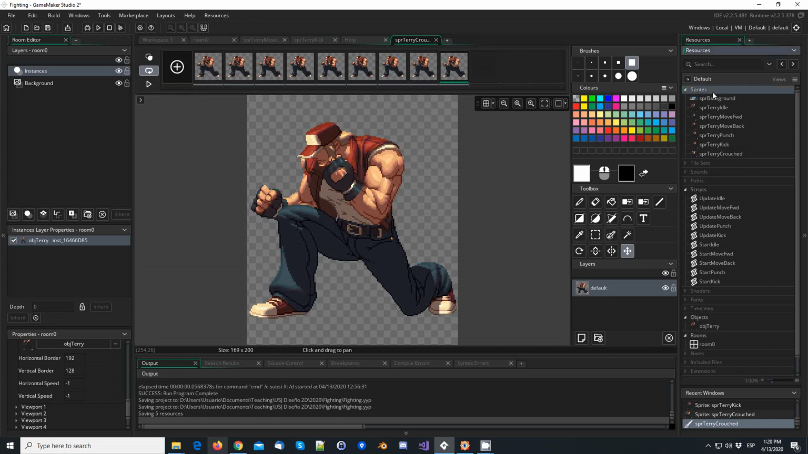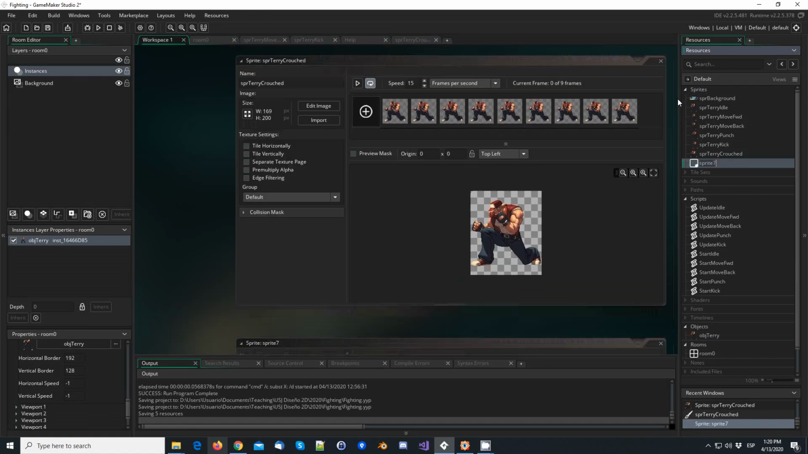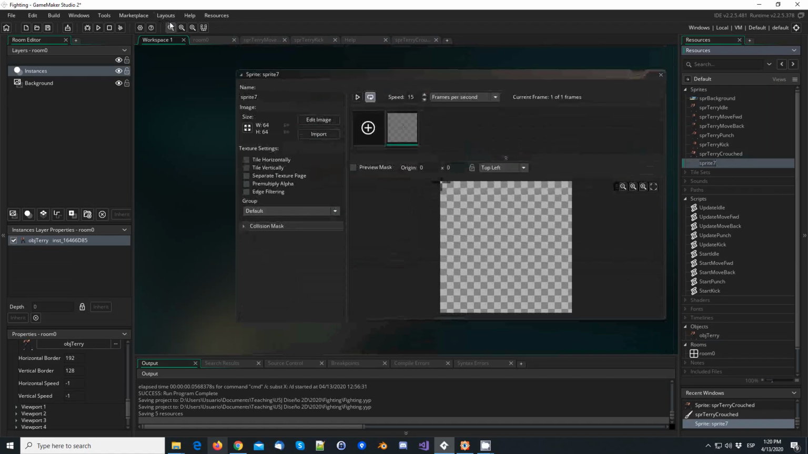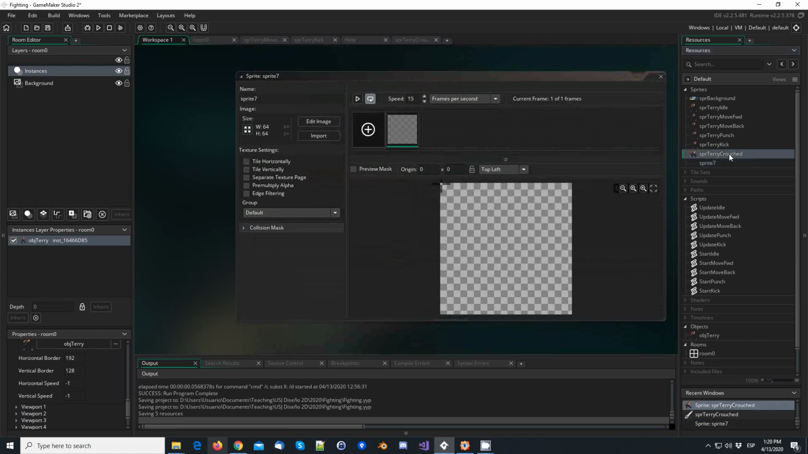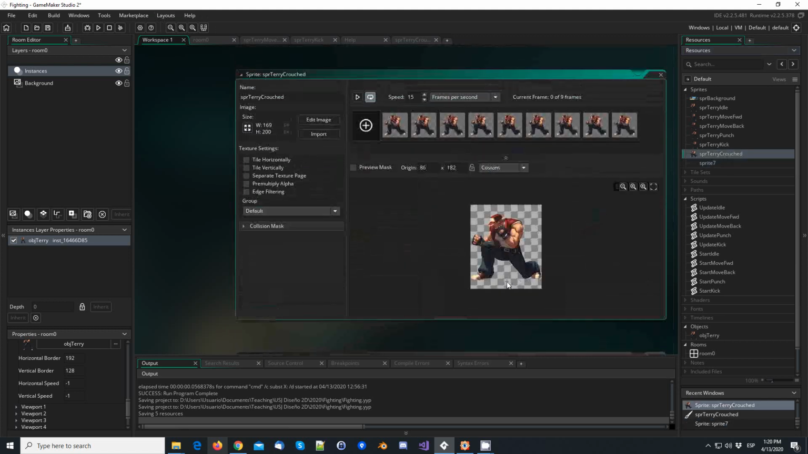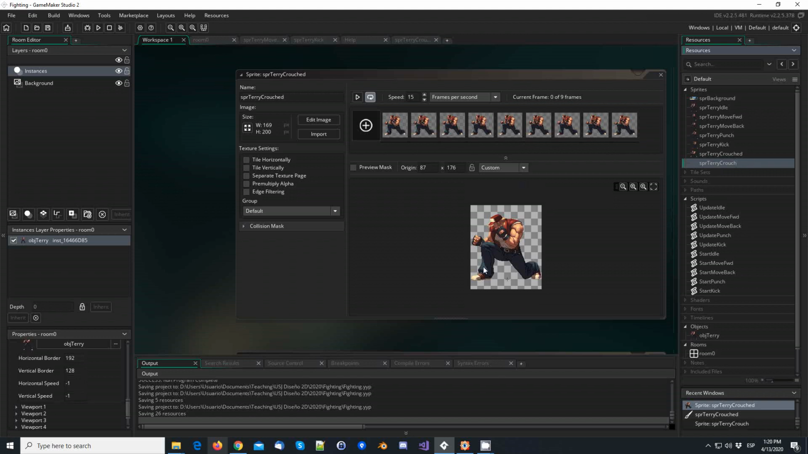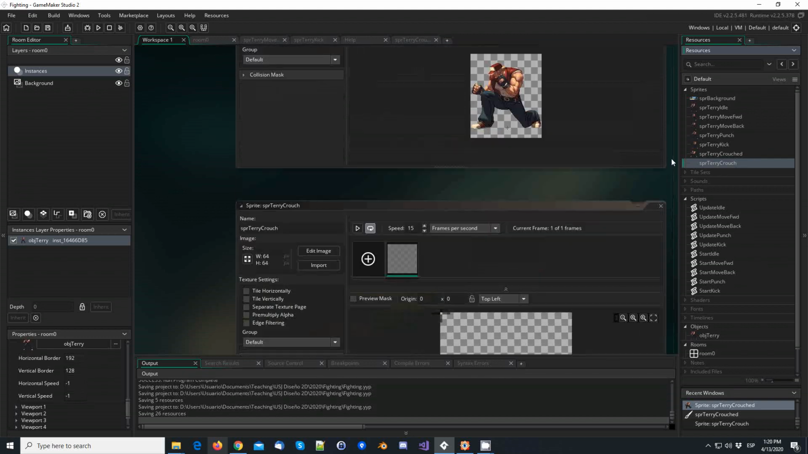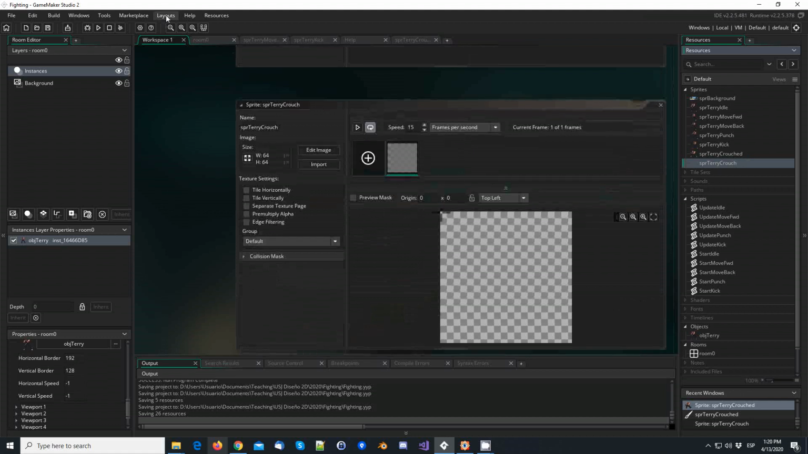Now let's create a new one. Oh wait! We haven't set the center here. Yep. And this one we're gonna call SPR Terry Crouch, which basically means that it's going to go down. So